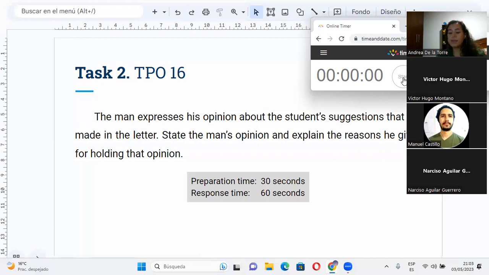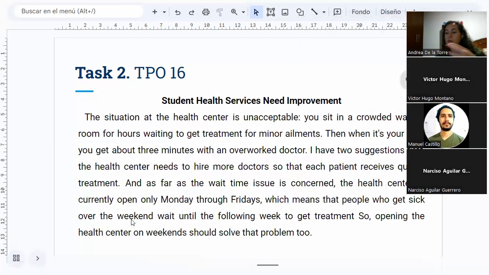So in this case, I don't know if you guys have noticed, but it's different because you don't have a change in two reasons anymore, right? You have a problem and two solutions, but you can approach it in the same way. You could say the student in the conversation is against the suggestions made in the letter in order to improve the health services in the university, right? So I am mentioning the problem in the introduction. And then I'll mention the two reasons that the student gives and how they are related to the two suggestions made in the letter. So I will say, first of all, he states that hiring more doctors,